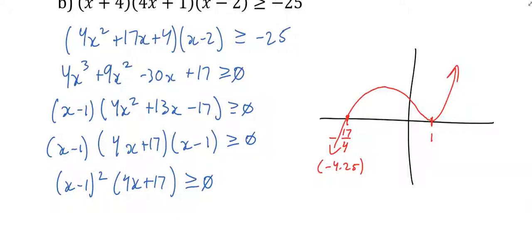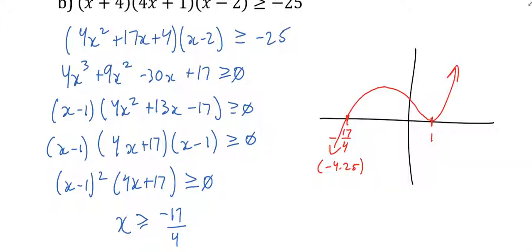Adam, what do you think? Where x is greater than negative 17 over 4. Or greater or equal to. Good. Anything else? Sabia, what do you think? You agree or disagree? So I think